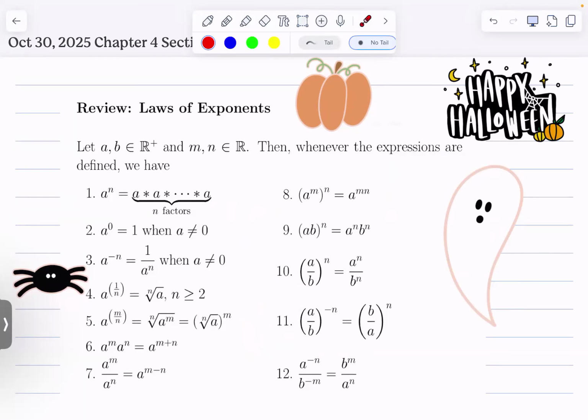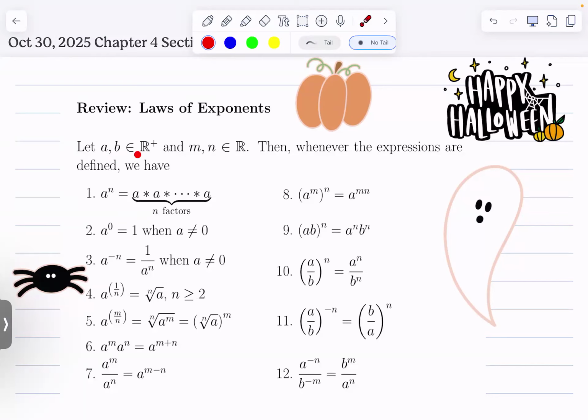So, the exponent laws are on your formula sheet, okay? But I just want to take some time and go through them one by one. We've introduced them kind of on the slide because it should be review. But if it's not, I just want to make sure that we're all on the same page for this next chapter. Okay. So we're going to let A and B, and we haven't seen the set notation, but